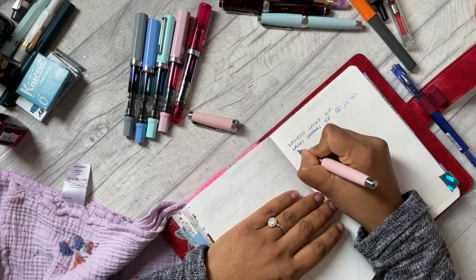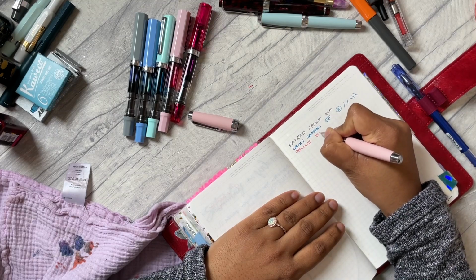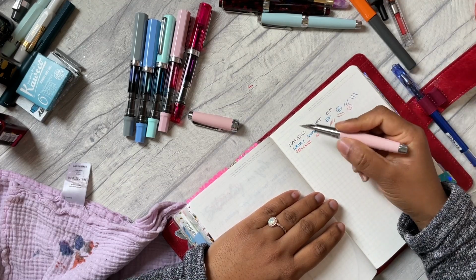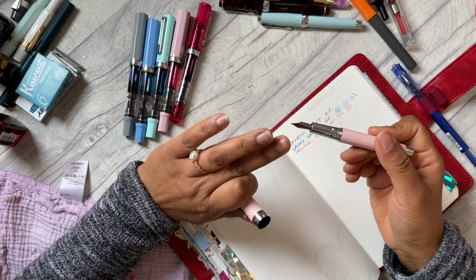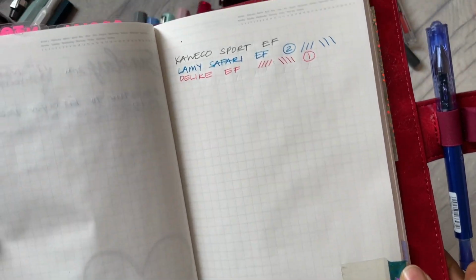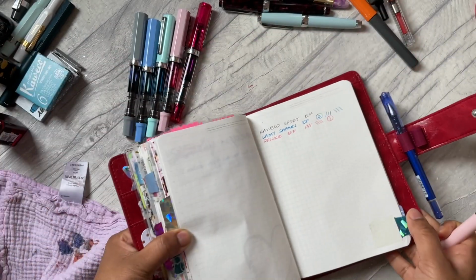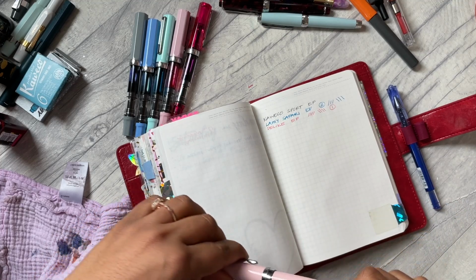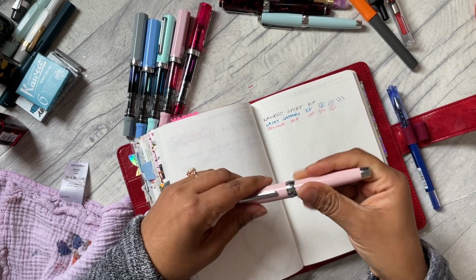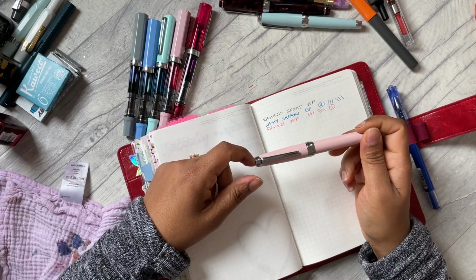Now, that is one thing that I wanted to mention to you guys. So this is the Delight in extra fine. This is definitely my favorite fountain pen, just because overall the way it writes, the extra fine is actually extra fine. You can see even with the Lamy Safari, it's a little bit thicker than extra fine. I would say it's more on the fine side. But what was I going to say? Yeah, what I was going to say is it does depend very much on which pen you use,